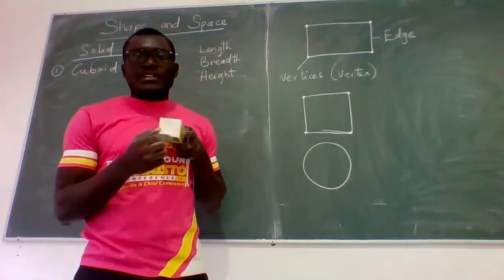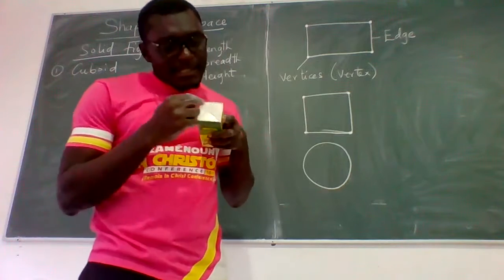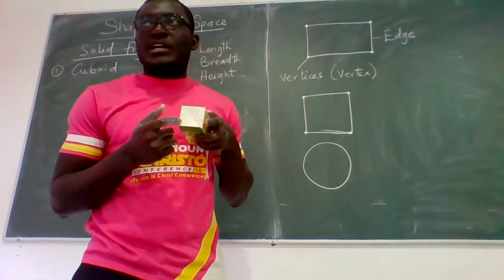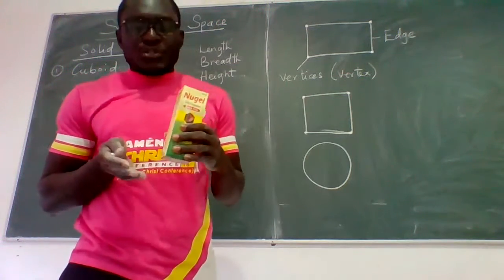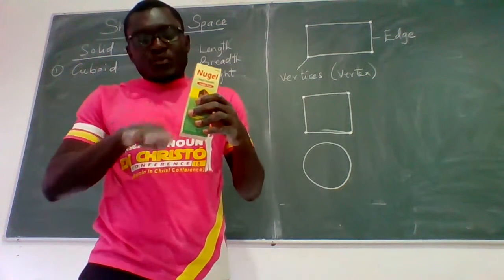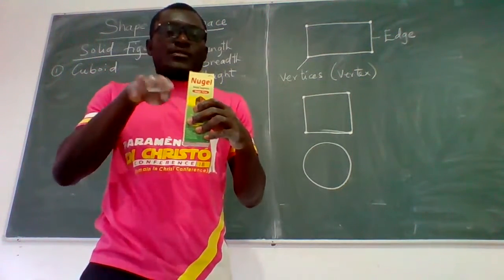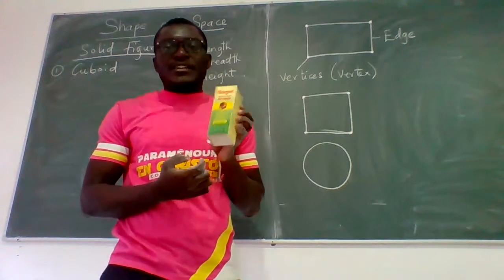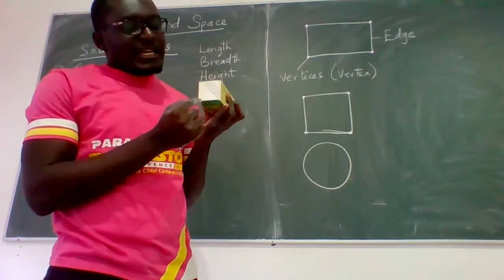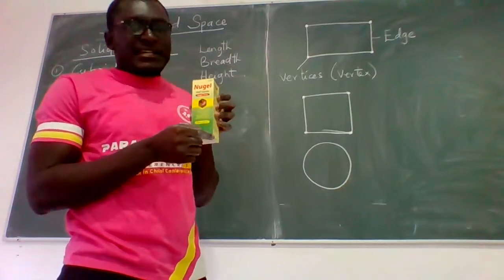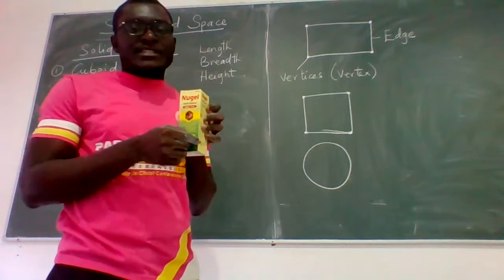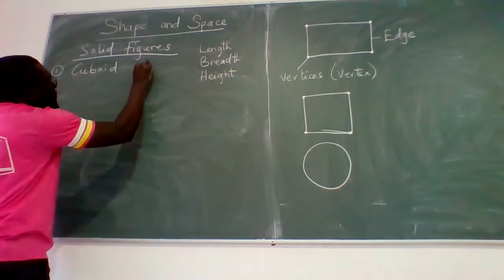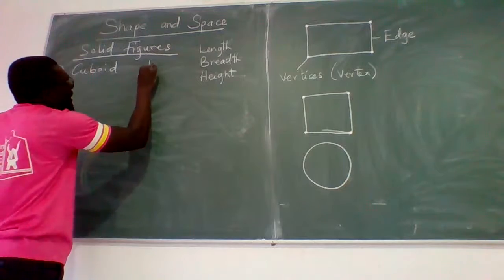If I take it from this side, I can say that this is my base shape, and you can see it's a square. So if I project this square, put one on top of the other, on and on and on until I get to this height, then this becomes a solid figure. So this is the length, the breadth, and then this becomes the height of it. Okay. So this should look something like